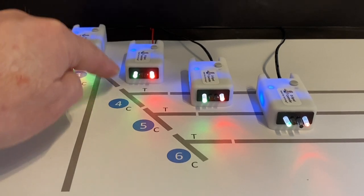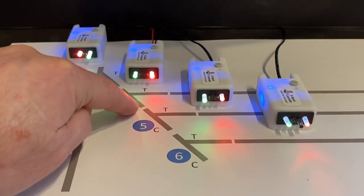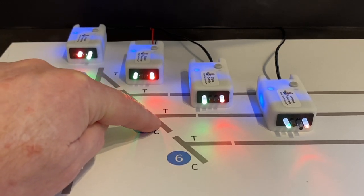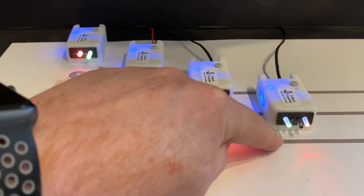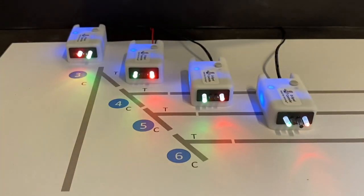Closed here, thrown here. And then the switch reverses. So thrown is this way, closed is straight on, continuing up. Another closed switch here. So we have green and we have green. So all of these are clear all the way up to the top level